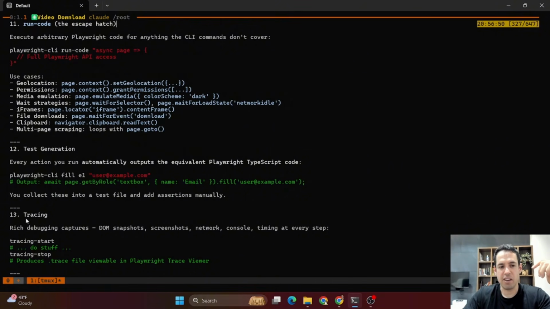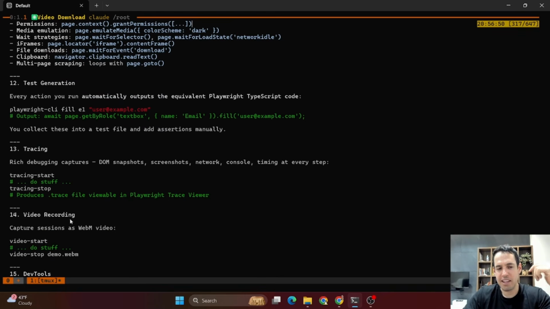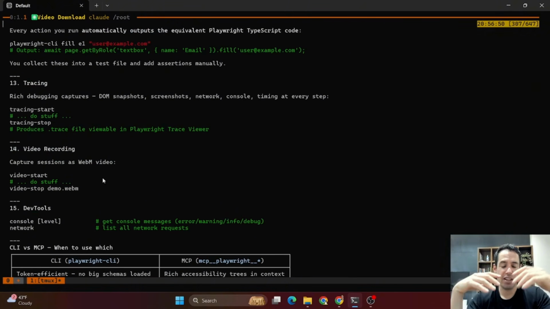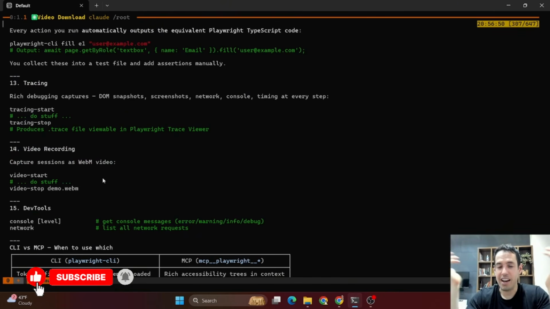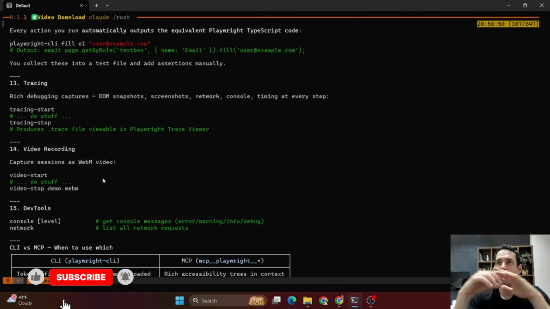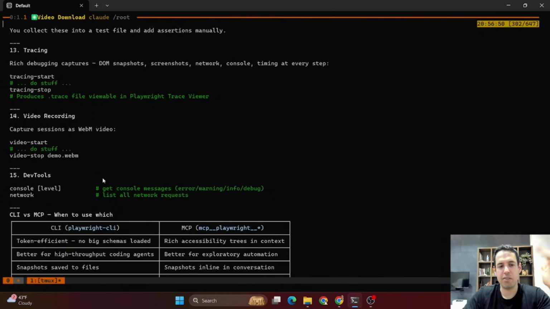It also allows you very rich debugging capture, so it can capture the console, it can capture the network, screenshots, snapshots, etc. And the best thing, in my opinion, is the video recording. So it can capture a session as a WebM video, and basically what you can do after it captures the session, you can obviously view the session, or you can send it to an LLM that can analyze video. So for example, you can upload the session to Google or to Qwen. I think these are the best tools at the moment that analyze videos, longer videos,